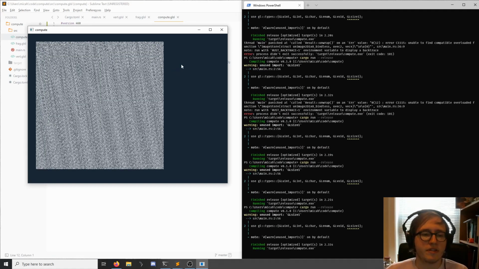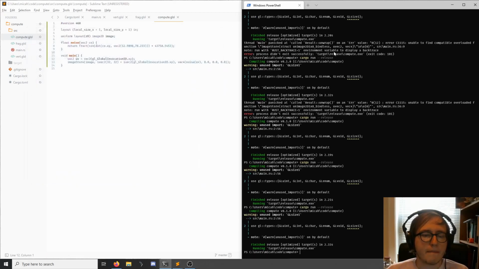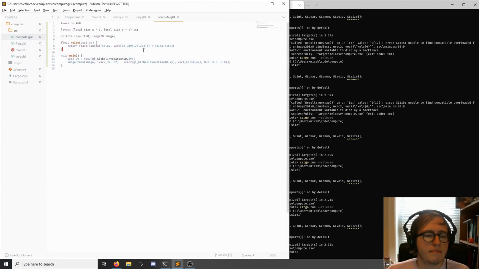Alright, now I have a noise function. Okay. What should I do next? So, now that I actually have the basics working, with a compute shader writing into a single channel texture, then drawing it to screen,